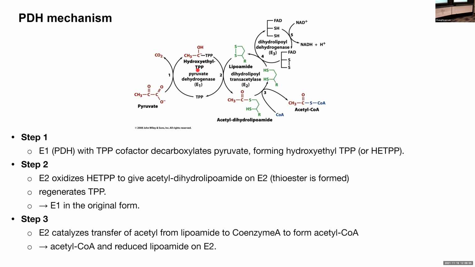And then in step 2, the E2 enzyme is used. So it's right here, dihydrolipoyl transacetylase. As its name says, it uses this lipoamide, or dihydrolipoyl, and then it transfers the acetyl group. So this E2 oxidizes the HETPP that is generated here, meaning that it again takes up the electron there to make the acetyl